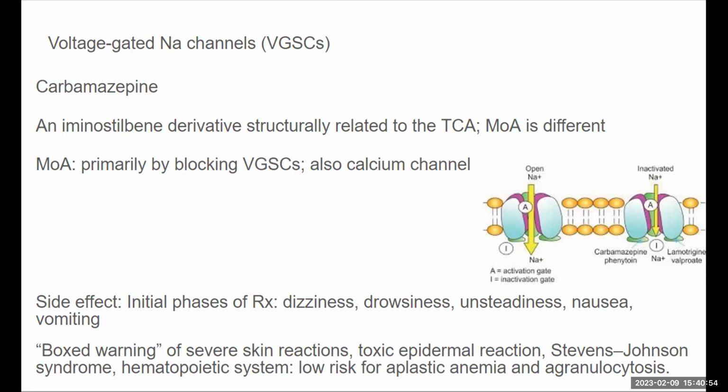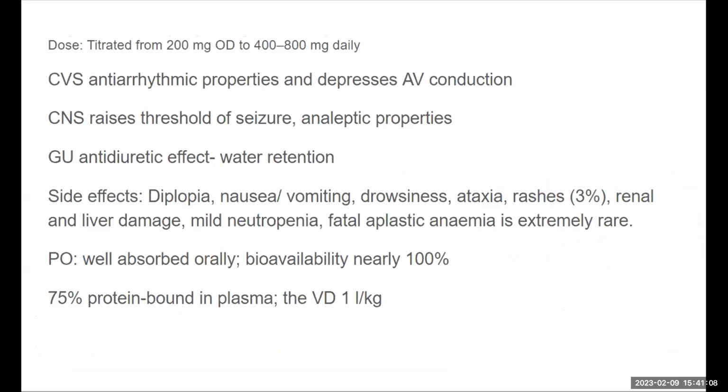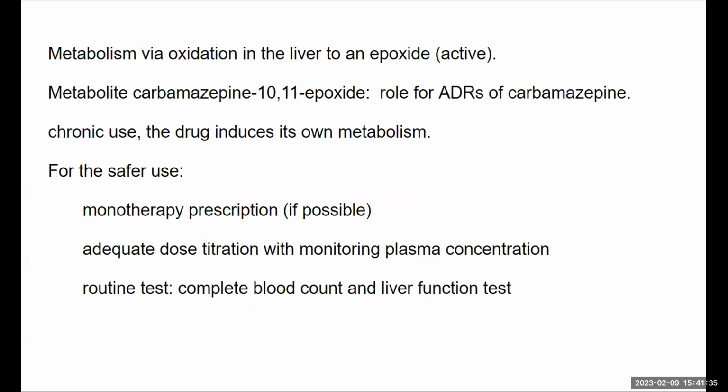Initially, in the initial phase, it would have some side effects as well, but they are at the start of the therapy, you would get them, but then as it progresses, people get used to it. Quite a large number of side effects. So to keep an eye on these side effects, you would need a CBC, renal and hepatic watch on the patient, because there are renal and liver damages potentially, which may happen along with the anemia. So that's why we would need the testing to be done on these patients.